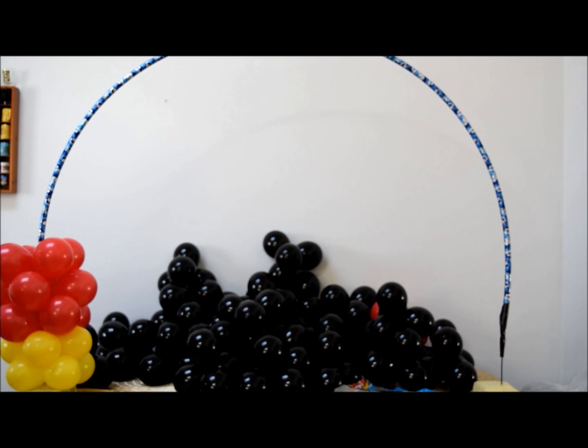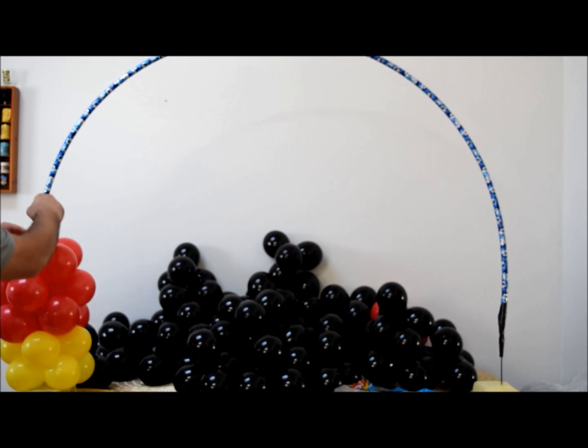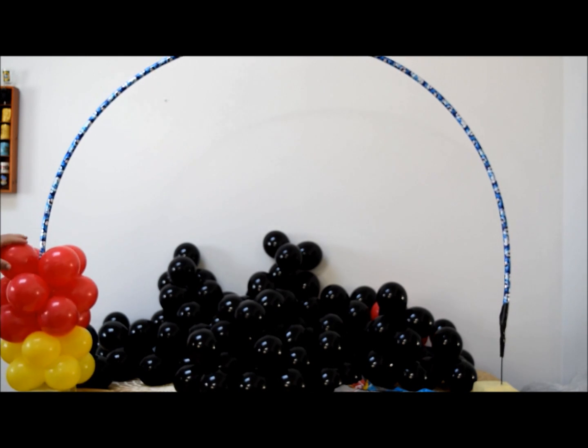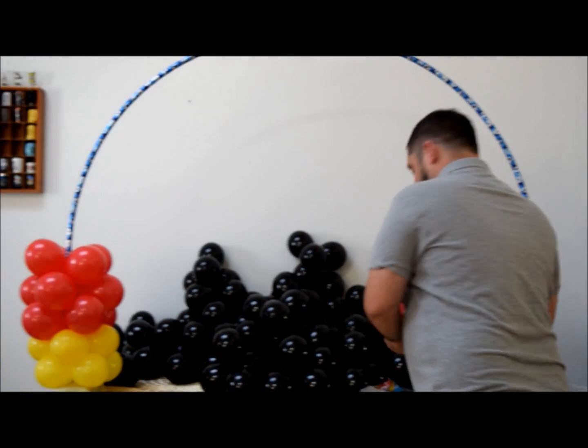And now you squeeze it down, and then you always gotta take a look at it and see what's showing and what's not showing. Alright? Looks pretty good. I'll push it down a little bit further. And there you go. So you got 2, 1, 2, 1, 2. And then right here, I'm going to put 2 belly buttons, 2 buttons for his